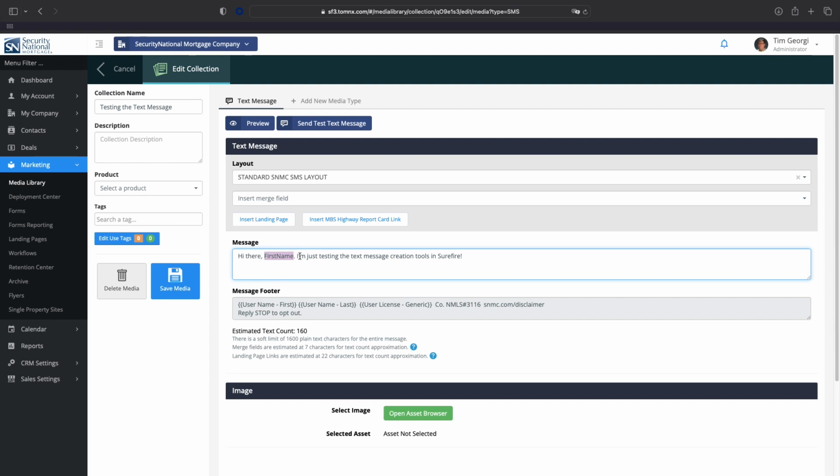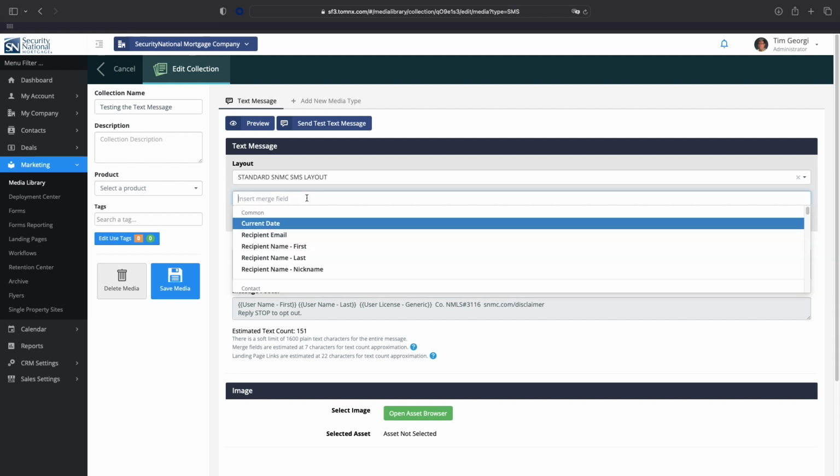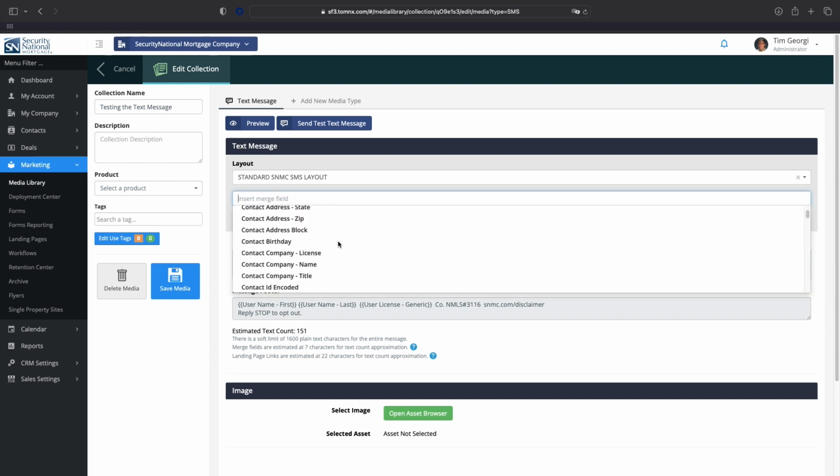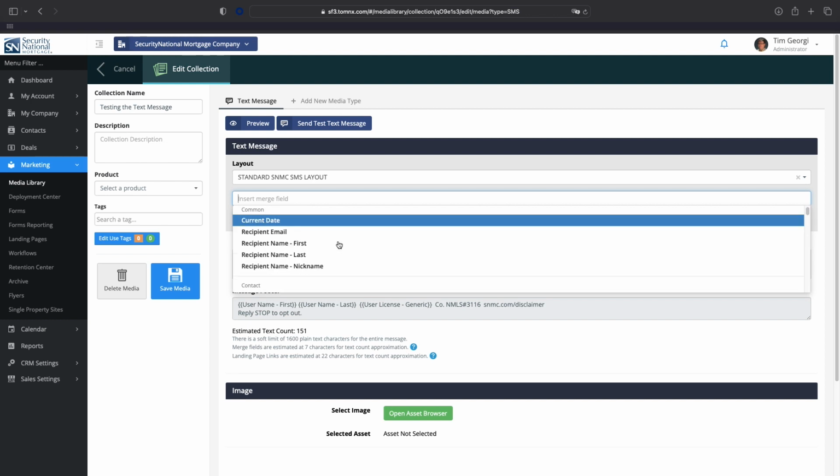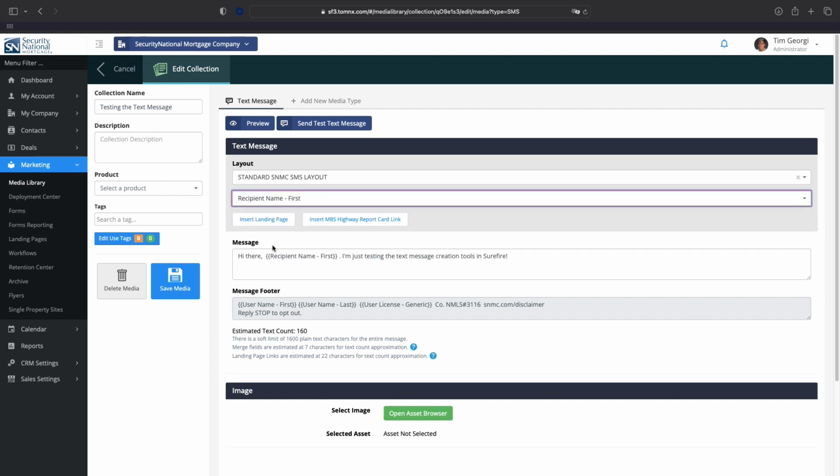Just put your cursor in the spot in the text that you'd like to add that merge field text, in this case the first name of the recipient, and then go ahead and click on the Insert Merge Field drop-down. In there, select the item you'd like to insert. That will add the merge field code into your message. So when you send it, for this message, the recipient's first name will automatically be inserted for each person that